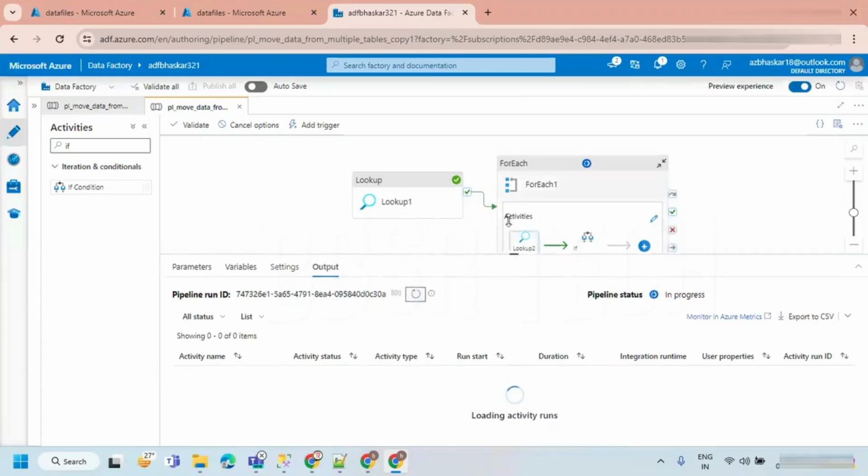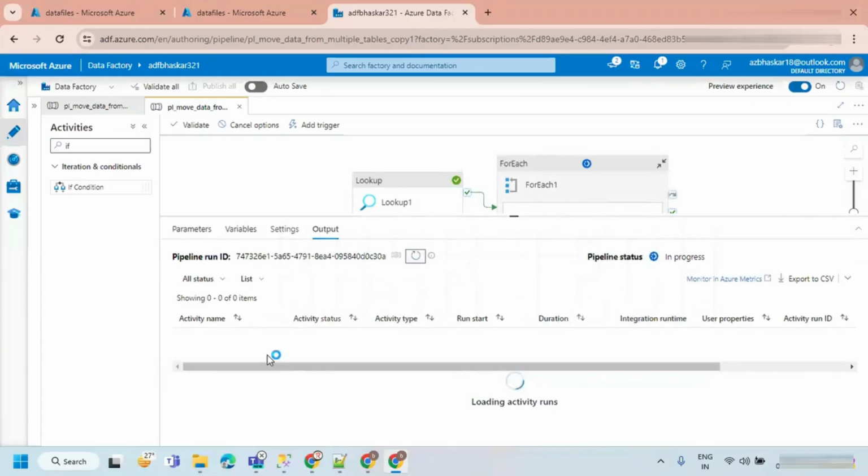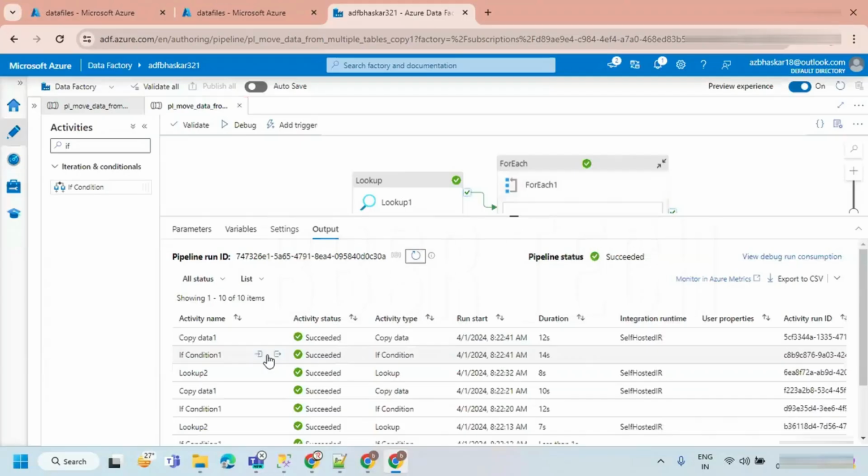If condition is started. Now just observe.